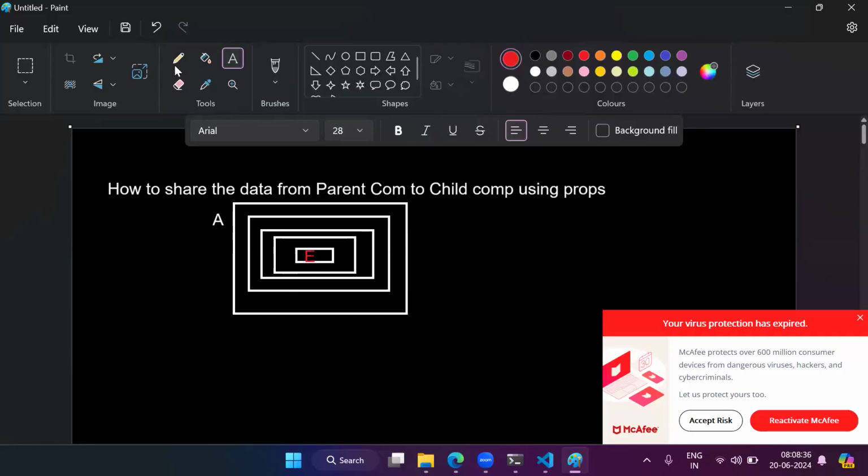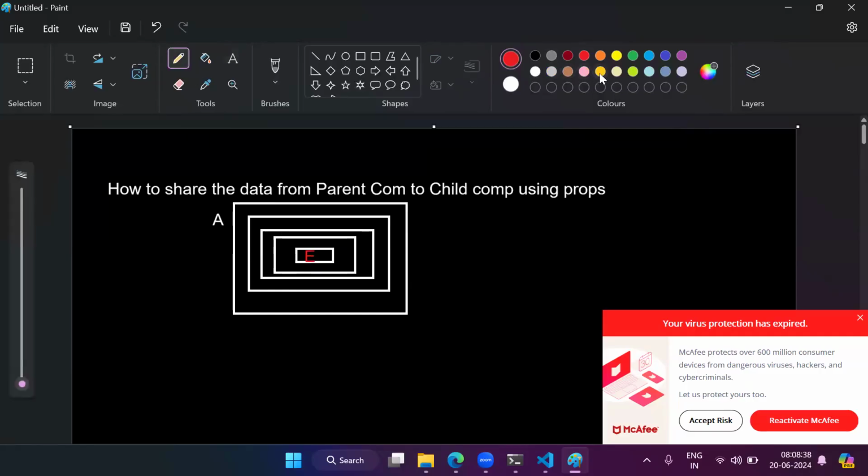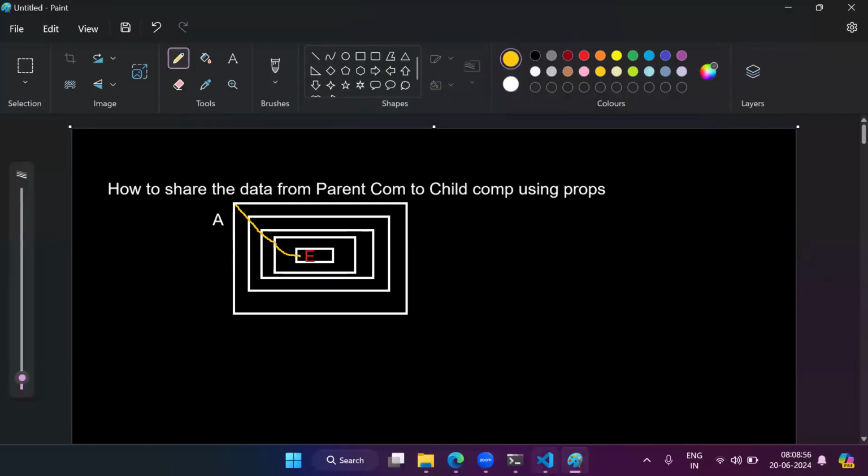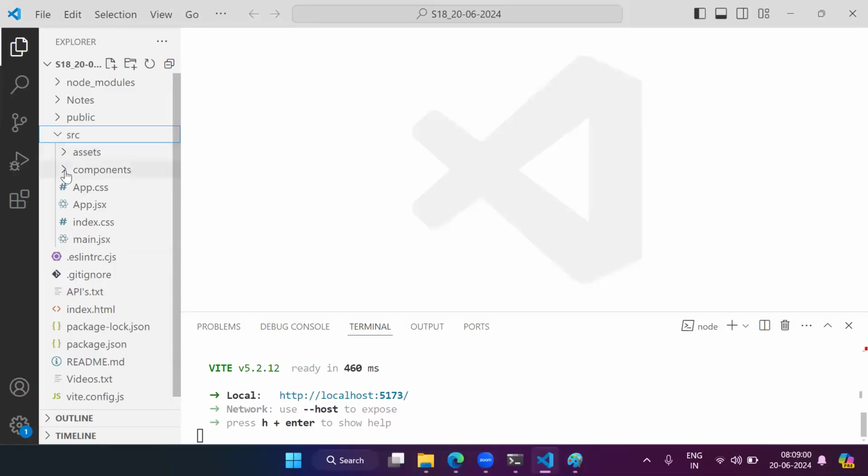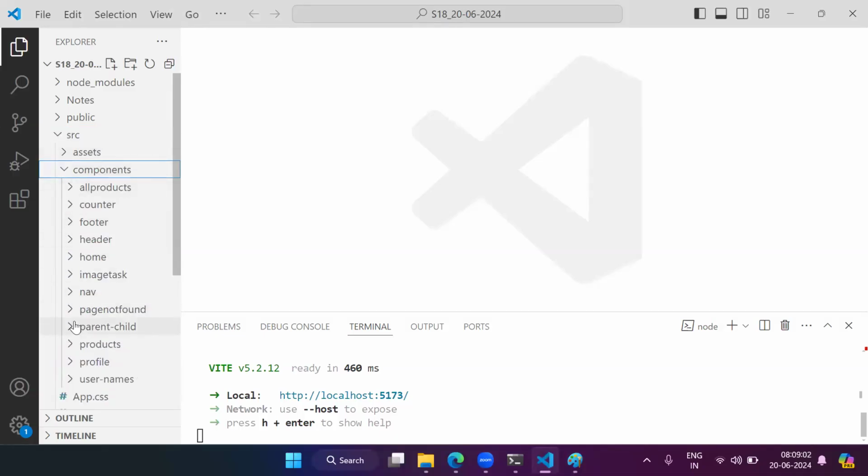So basically what we have to do is share the data from A component to B component using props, then B to C, then C to D, and then D to E component, right? So let me go back to my VS Code, under src, under components, under parent